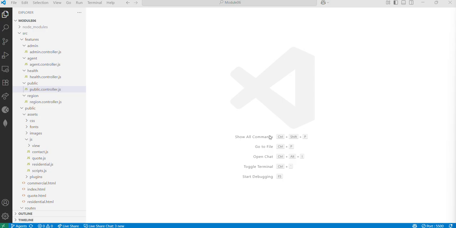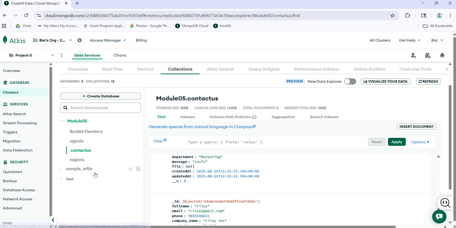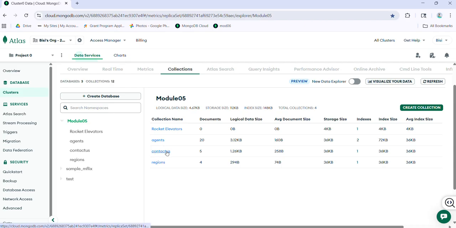The first requirement for this module was to ensure that we are able to link the contact us form on HTML to the Mongo database. So first we will open our public controller where the create form already lies. Then I will open my MongoDB over here to show that this is module 5 and the contact us region